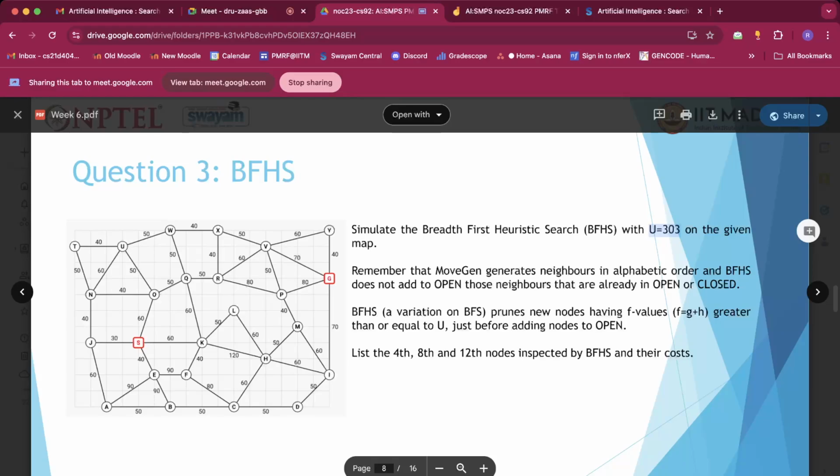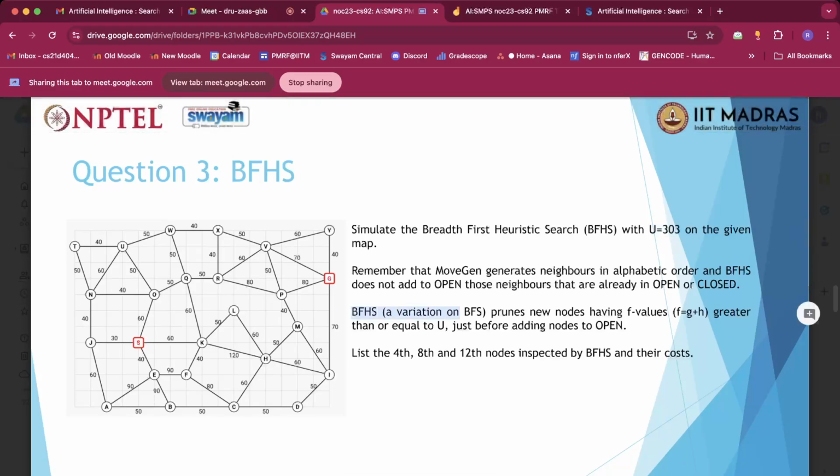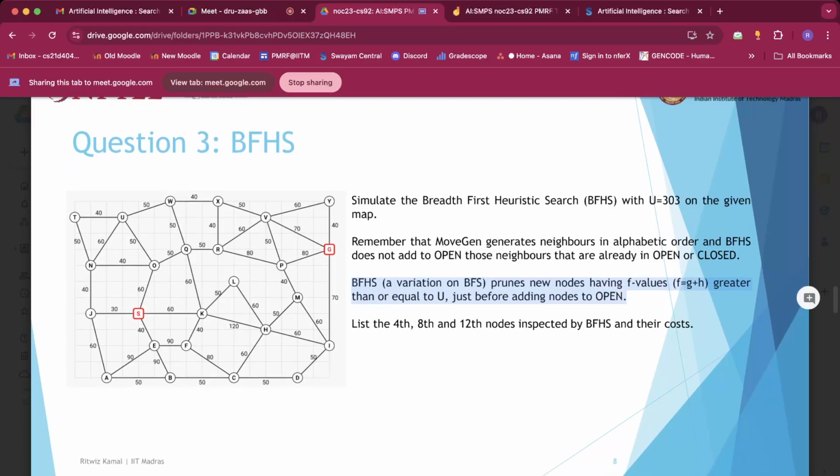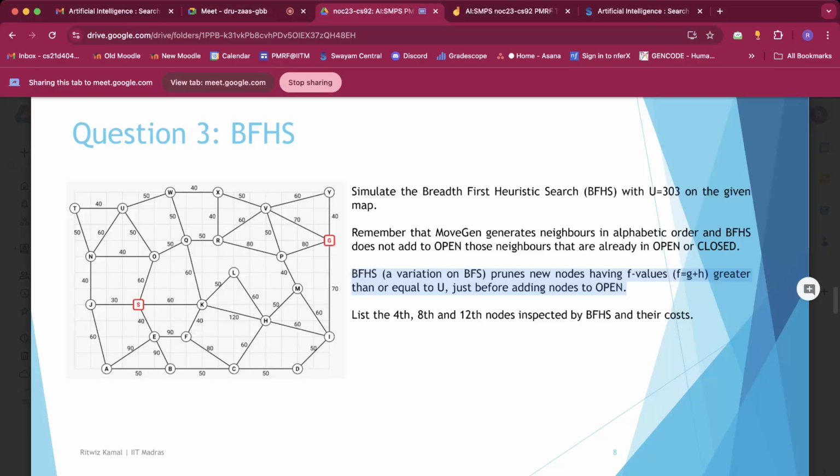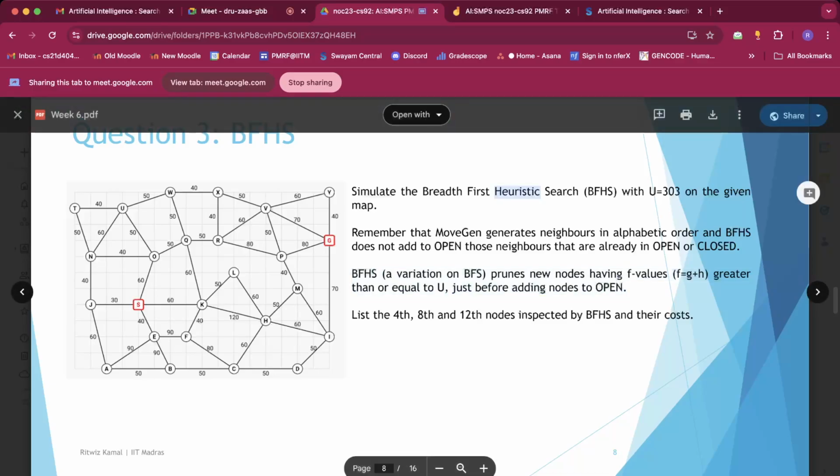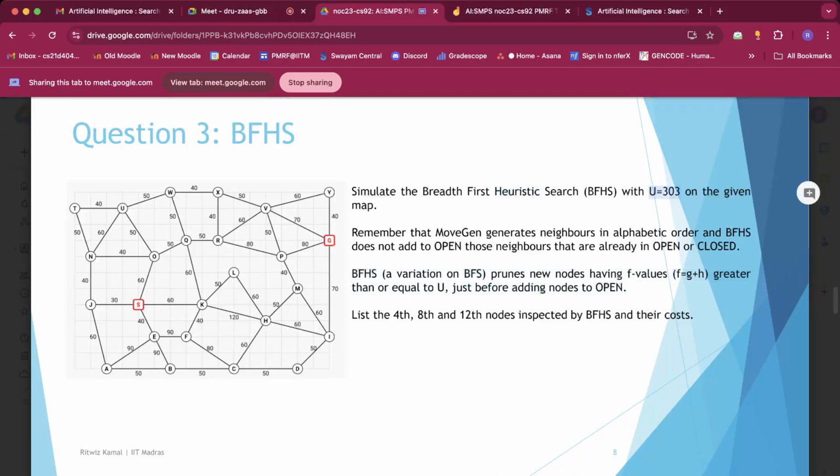And that is what is mentioned over here. BFHS, a variation of BFS, prunes new nodes having f values greater than or equal to u just before adding them to the open list. So that is the difference between breadth first search and breadth first heuristic search. Heuristic because we are making use of this heuristic value and limiting it with this upper bound provided to us